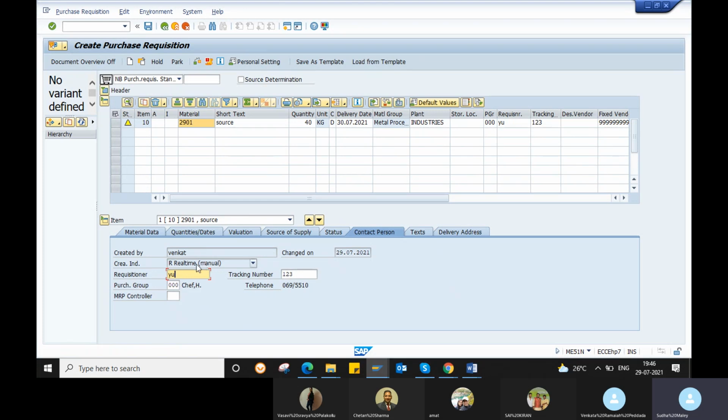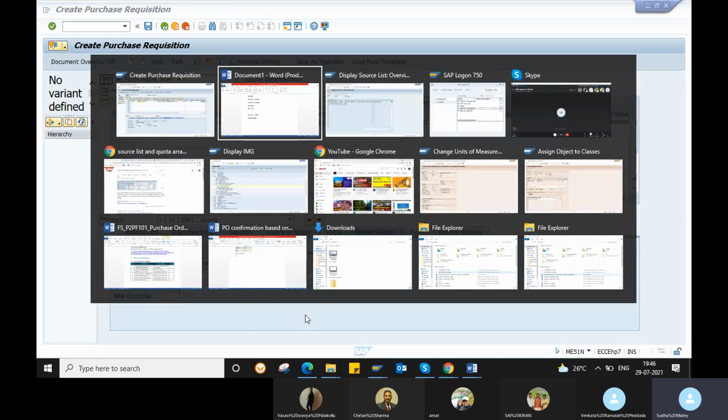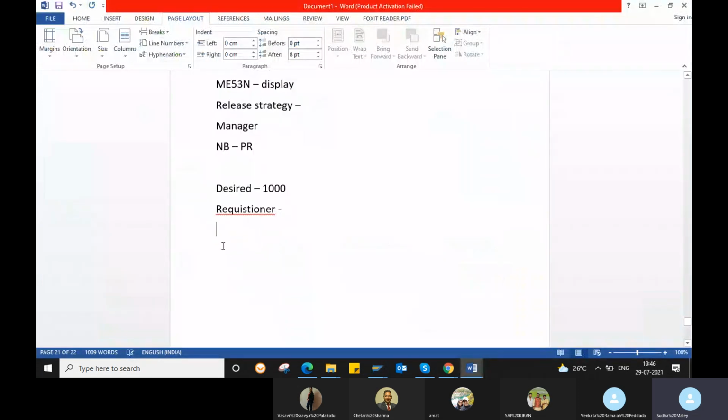Okay. And then a creation indicator. We'll discuss what a creation indicator is. So creation indicator means a purchase requisition can be created in many ways, not only manually, in the sense you will create through the transaction code ME51N.